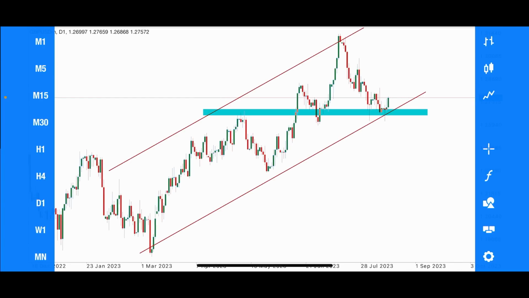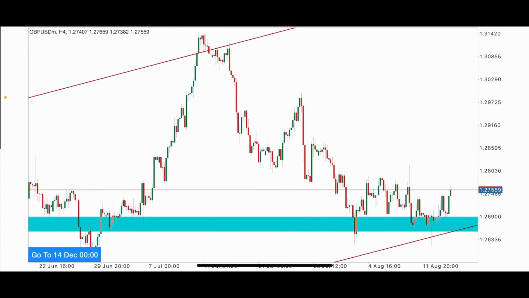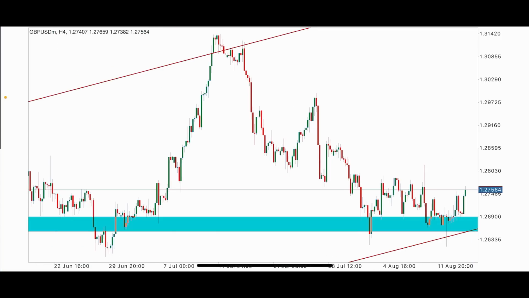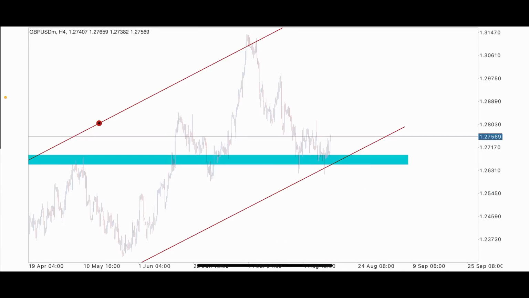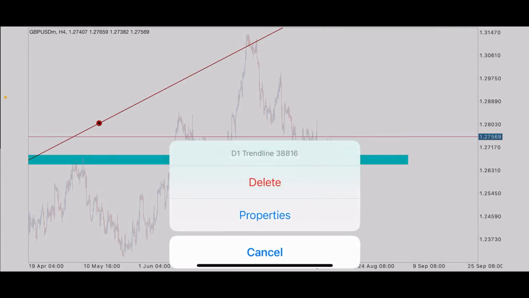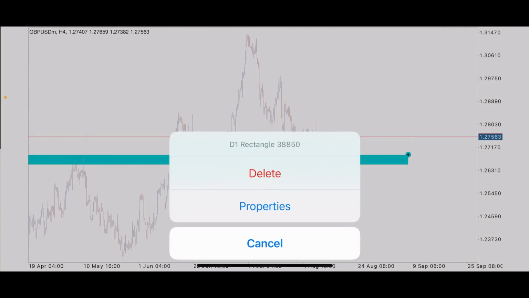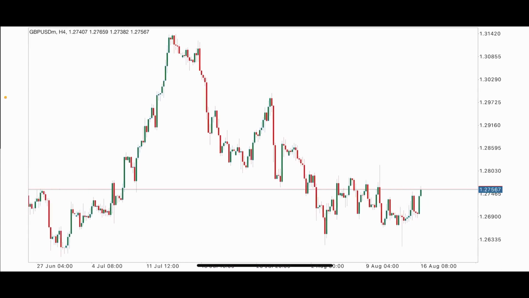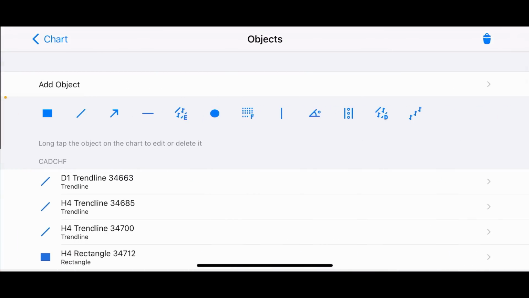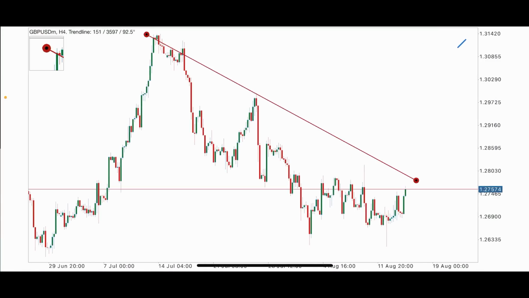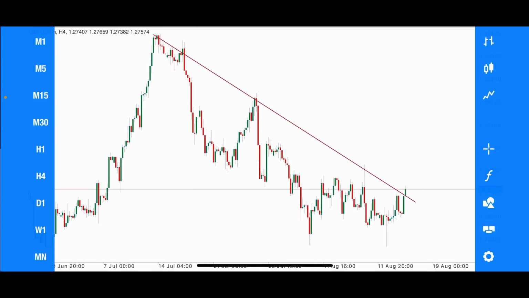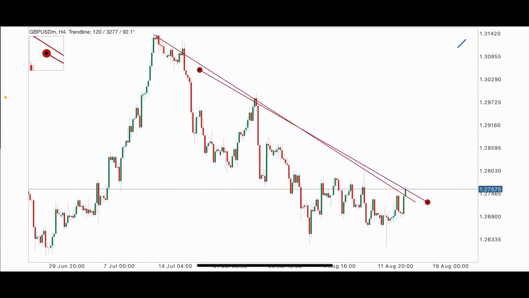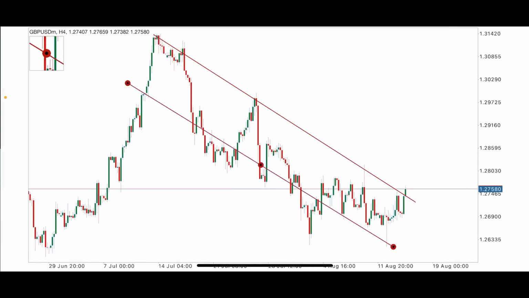Now on a bigger time frame like daily, you can never say you are able to see when you are going to be entering your trades. Is it accurate or not? So you start looking for accuracy on a smaller time frame. That's where you adjust your lines and fix them to suit the current situation. Currently I'm at a 4-hour time frame, where I apply my diagonal resisting trend line and my diagonal supporting trend line,